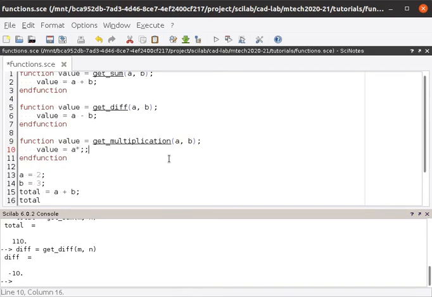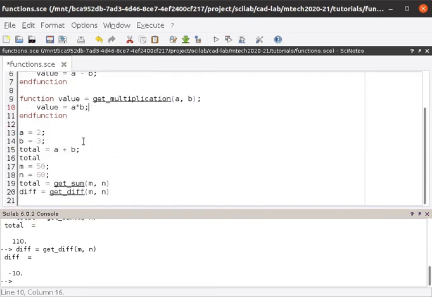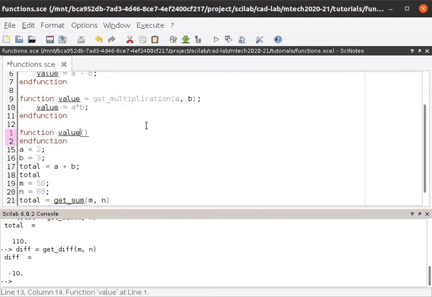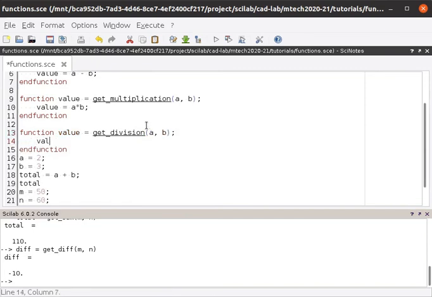This way you can declare a multiplication function. This same way you can declare a function for division, getdivision, and you can do it this way, that a divided by b.